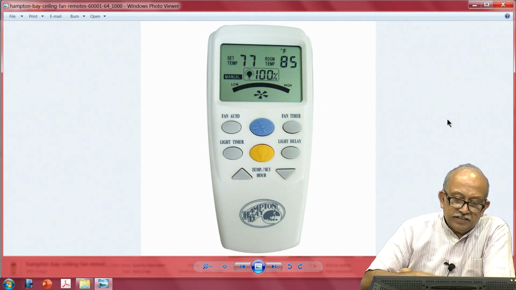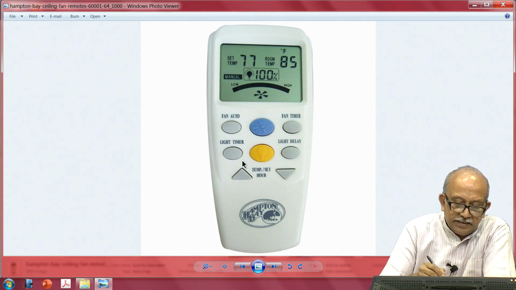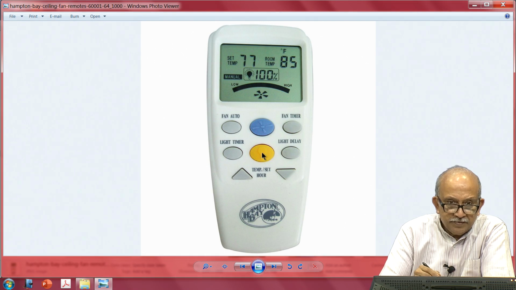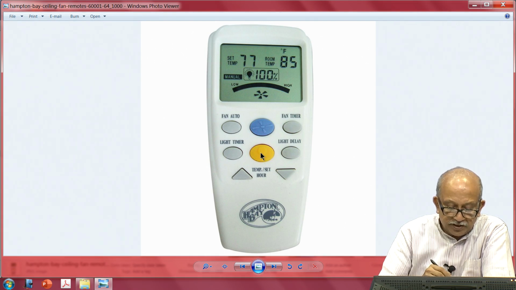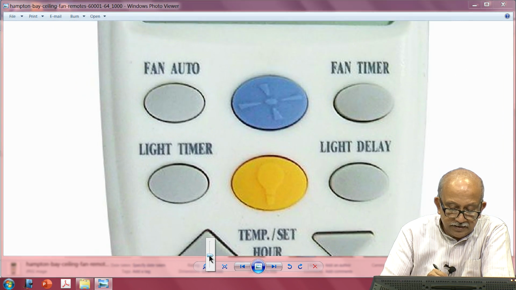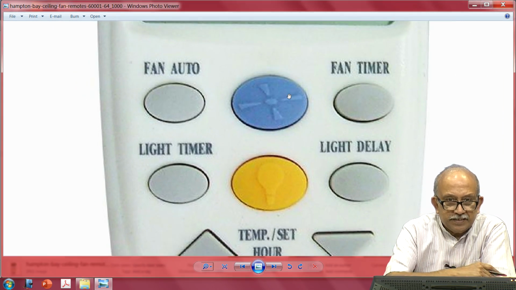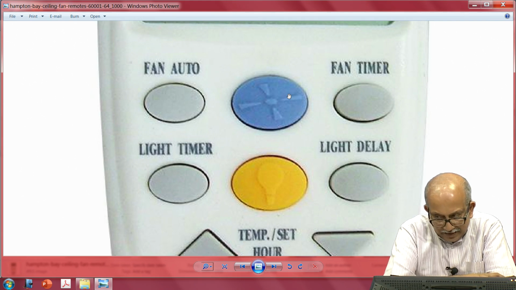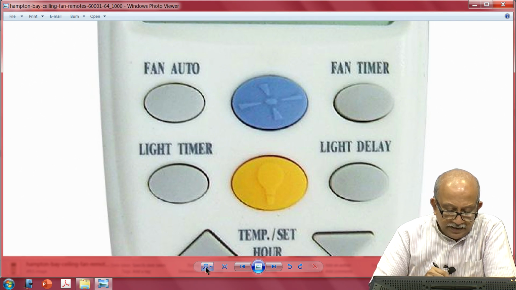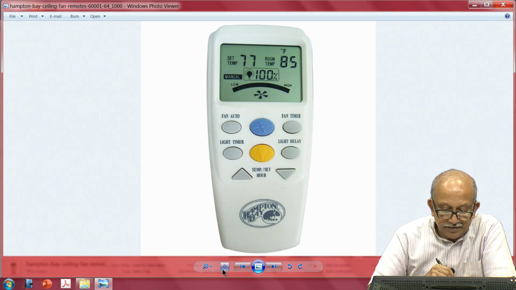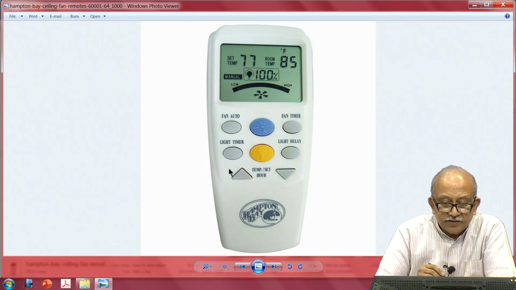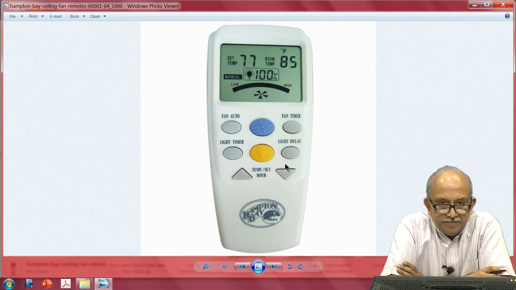So we have something saying there is a light delay, light timer, then there is a bulb here which probably shows that we are controlling this, and then there is a timer, I am sorry, a fan switch which shows a fan can be controlled. Now comes the other thing, how do you now relate all these things?